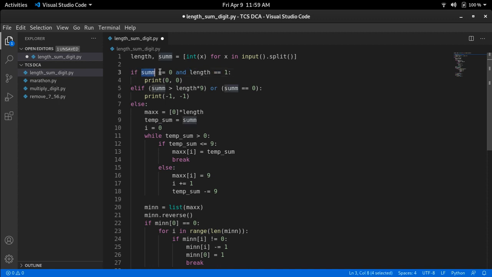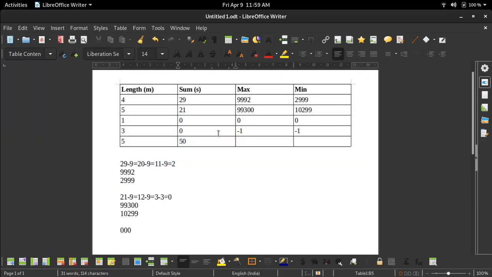Here the sum condition is satisfied, but length equal to 1 is not, and as it is in AND, the code will go inside the else if case. Here we have taken an OR condition for sum is equal to 0, so this case will be satisfied and it will print minus 1 minus 1. Okay, so this is how the control flow of the code goes.